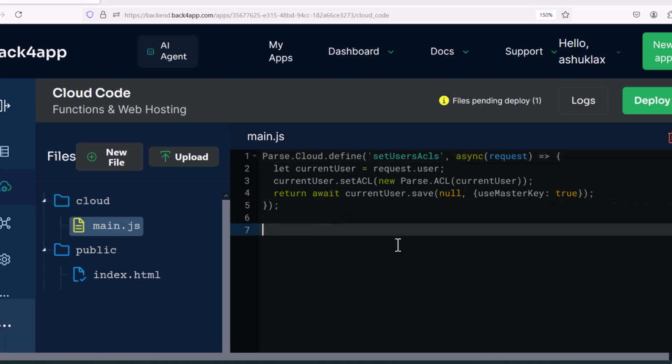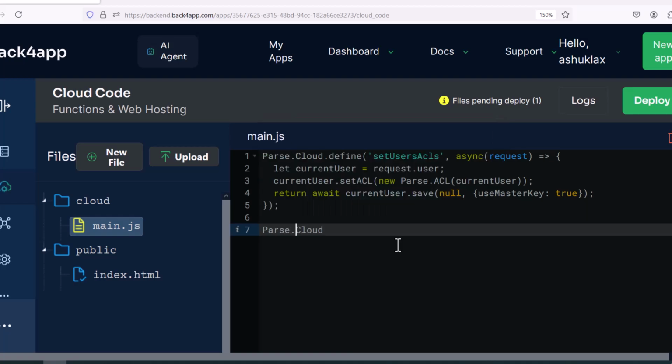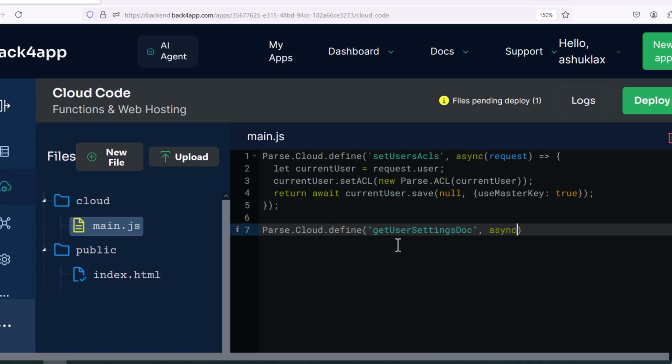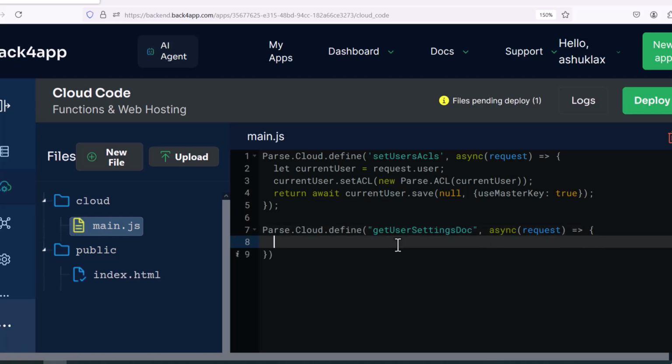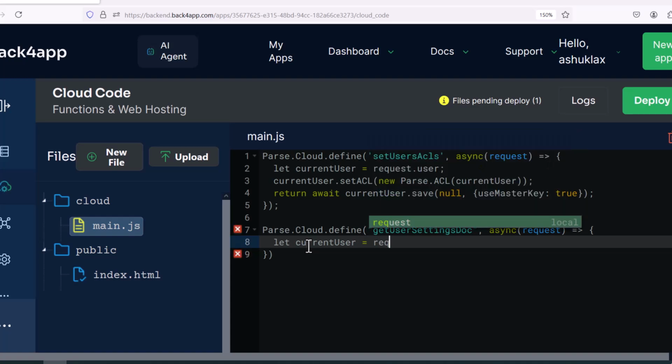Now let's go write code to update user settings. So before we write the set settings, let's go create the get method here. So first Parse.Cloud.define, and I'm going to create a get function. So define get user settings doc, and again it's an async function. It takes a request as a parameter here, and then let's put some curly braces, and here let's go get the current user first. So either you can copy paste this thing, let current user equals request.user,